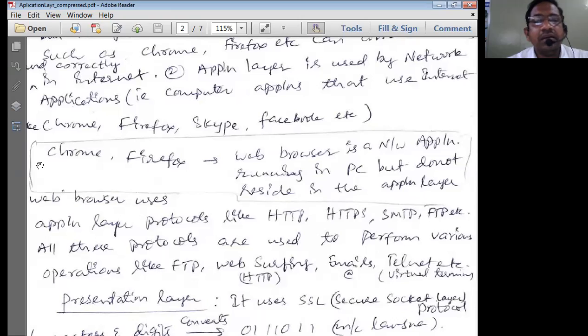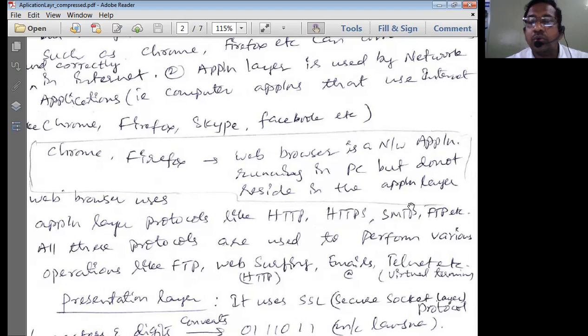Now we understand about Chrome, Firefox, Internet Explorer, etc. All of them are called web browsers. So a web browser is a network application, right? Please understand these concepts. A web browser comes under network applications, running on a PC or any platform, maybe a mobile phone, but it does not reside in the application layer.